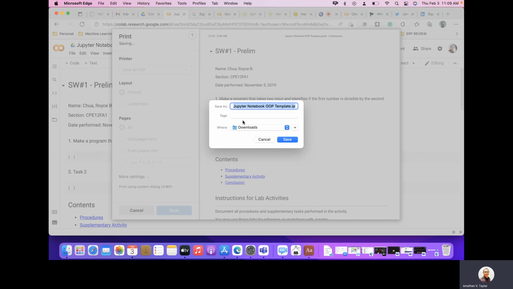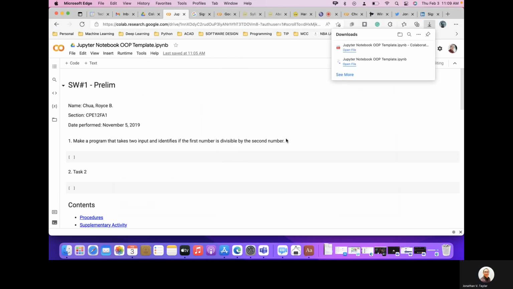So automatically it will be saved into a download folder, no? Kahit na anong operating system ang gamit nyo, it doesn't matter, no? So basta click nyo lang save, and then makikita nyo rito it's now converted into